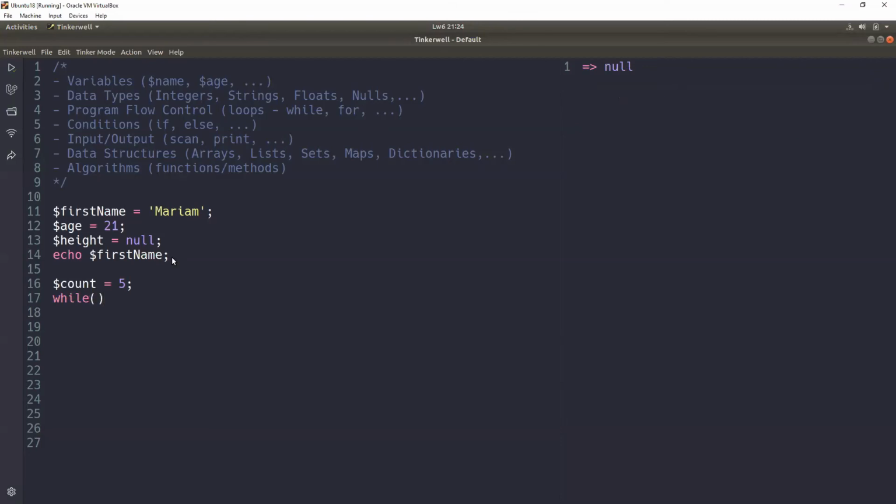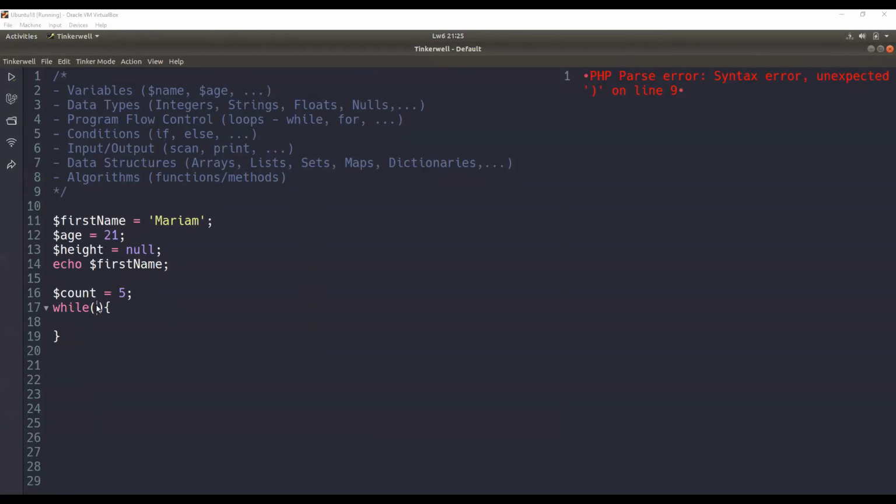So the way while works is you write the word while, and then you open brackets. What is the other name for these brackets?